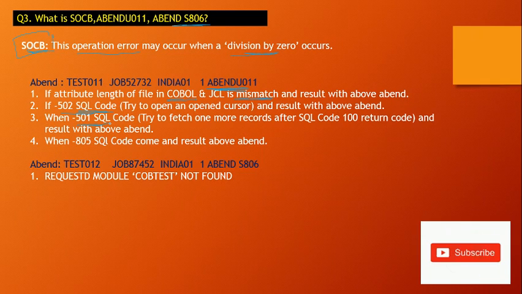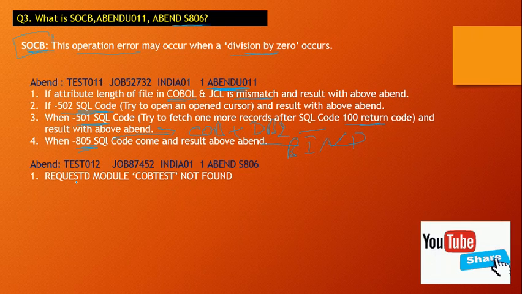When -501 SQL code comes, like trying to fetch one more record after SQL code 100 is returned, then abend U0111 comes. When -805 SQL code comes, then also the job abends with U0111. -805 comes when you have compiled your COBOL plus DB2 program, but you have not bound it, so this error -805 will come.